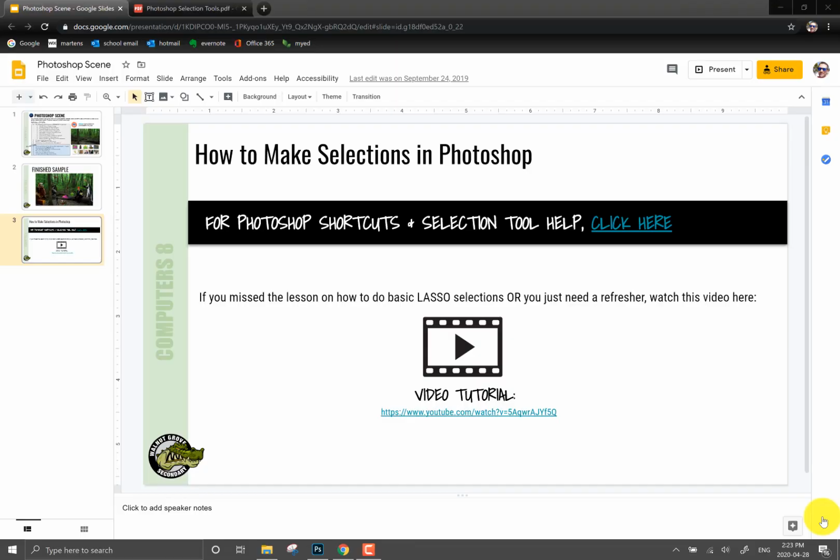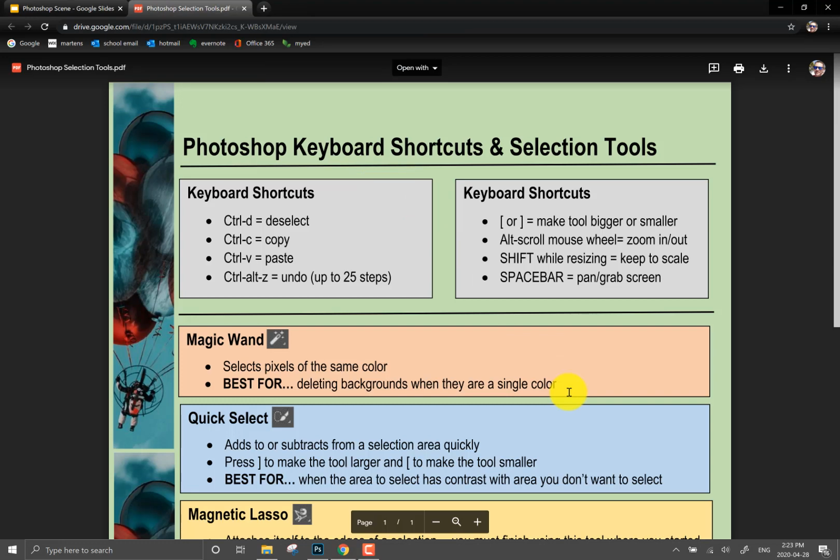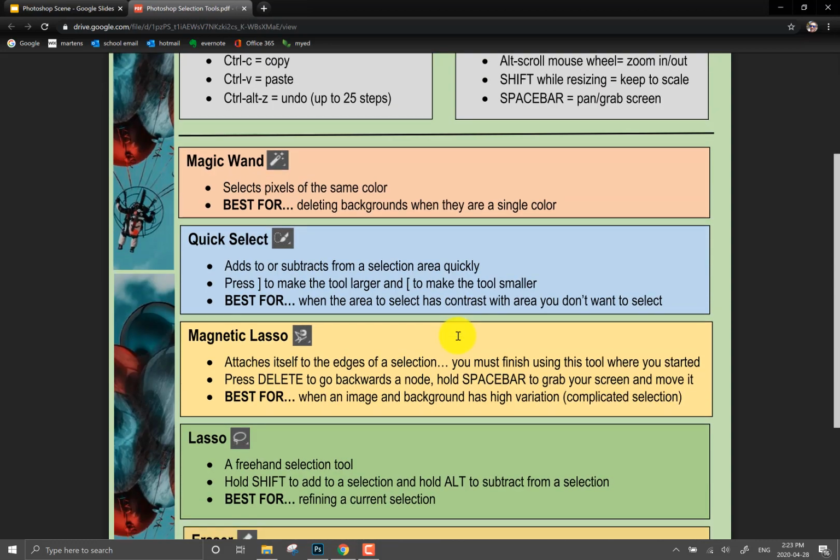Okay, in this lesson we are going to be looking at a Photoshop selection tool called the Magic Wand. Now if you are doing a current Photoshop assignment, you should be able to find somewhere, it might look different than this, a link that says for Photoshop shortcuts and selection tool, click here. If you do, it's just a document that has some keyboard shortcuts that you can open that can